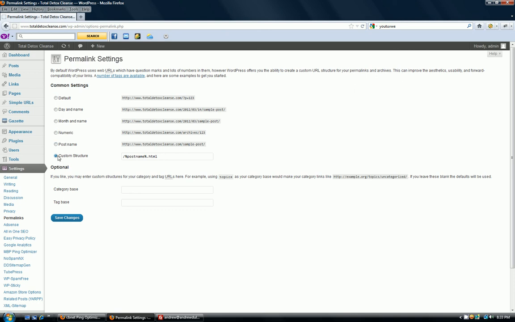Any course you find is going to tell you to select custom structure and type /%postname%. Don't worry about the .html. That's just how this site was set up. You don't need that. Just remember /%postname%, and that's going to allow you to create URLs that display the name of your page or post after your website name, and that's a lot better for SEO purposes. So just remember, always select custom structure and then this format here, then select save changes,